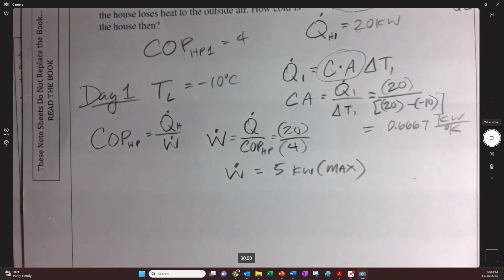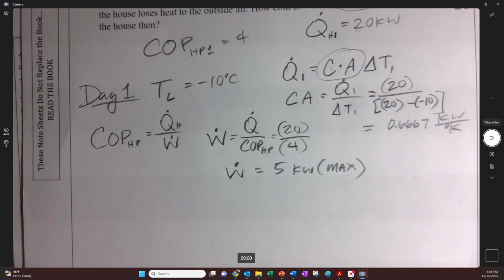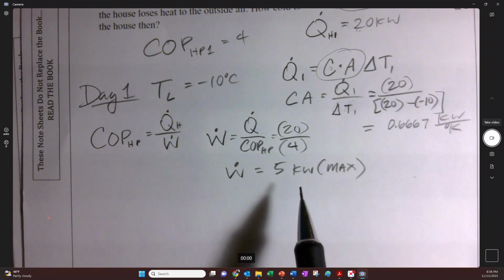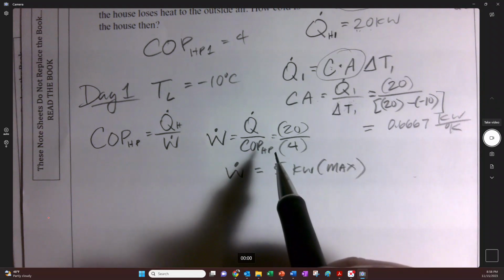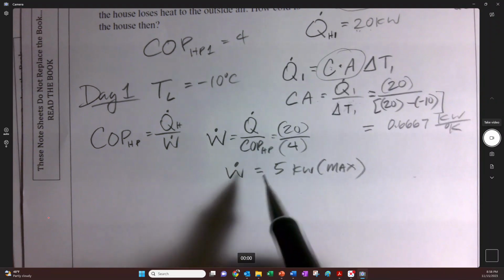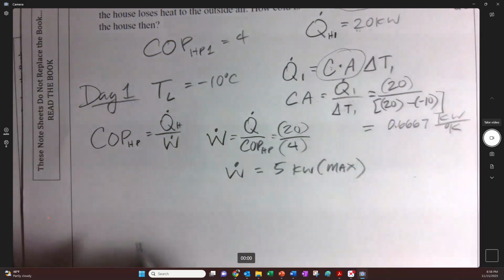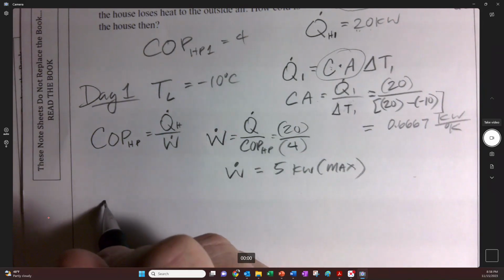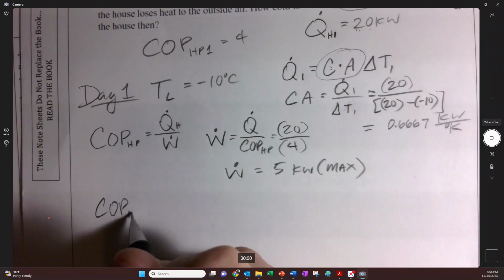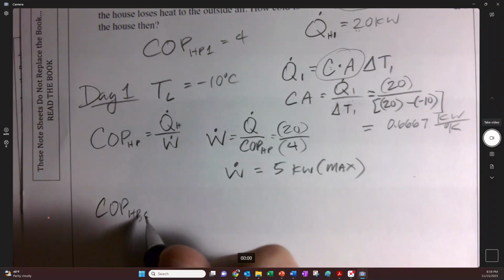So good. So far, so good. All right. So now they say that we want to have two different coefficients of performance for heat pumps, two different Carnot heat pumps, right? So there's going to be day 1 and day 2. So the coefficient of performance of the heat pump Carnot